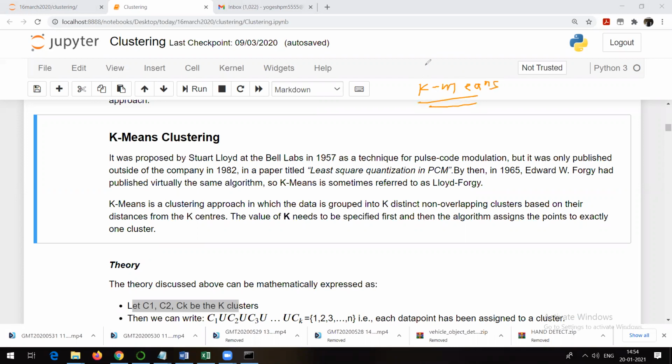I told you that this k value will be given by the user. There is a question: what will be the optimal value of k? For that, today we will be discussing a method called the elbow method, which helps us decide the best or optimal value of k in K-means. If I want to write down the steps for the K-means algorithm, the first step is going to be,